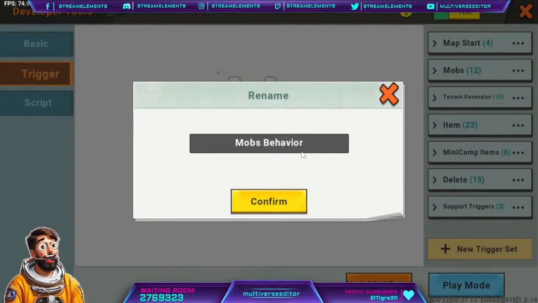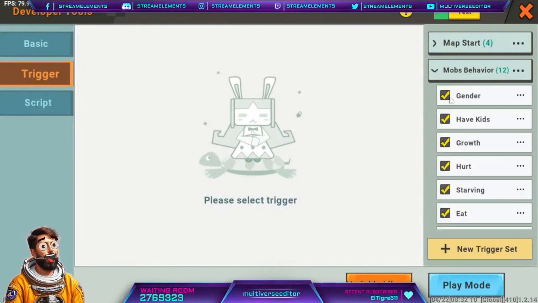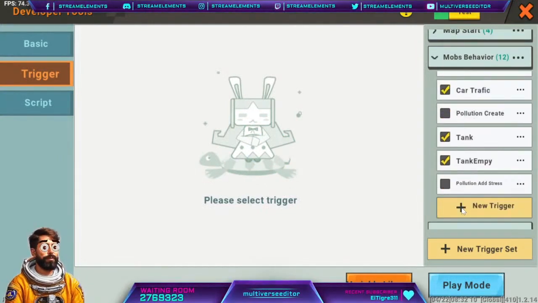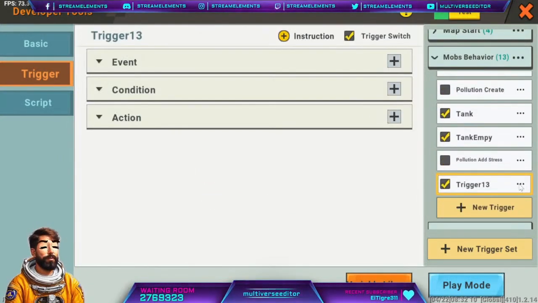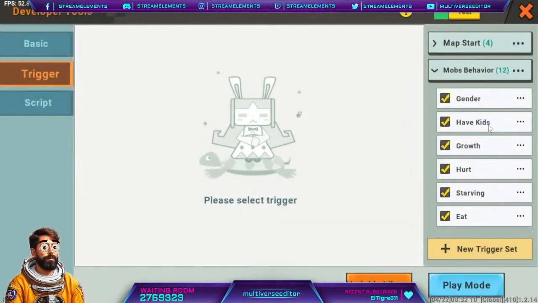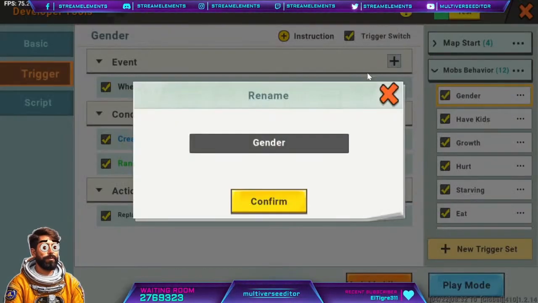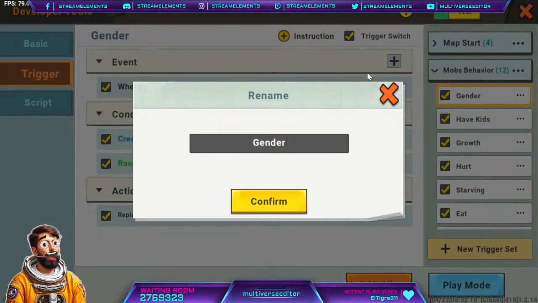Remember, you can choose whatever name, but try to keep mine so you're not going to be lost later. And in mobs behavior, we're going to go down and create our first trigger. Of course, I already have my trigger created here, so you're going to click and rename it as gender. You only need to select one mob, and when the mob is created,